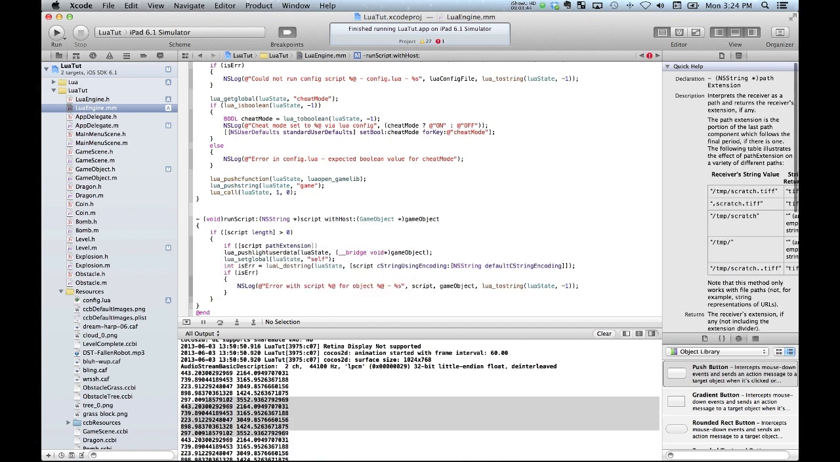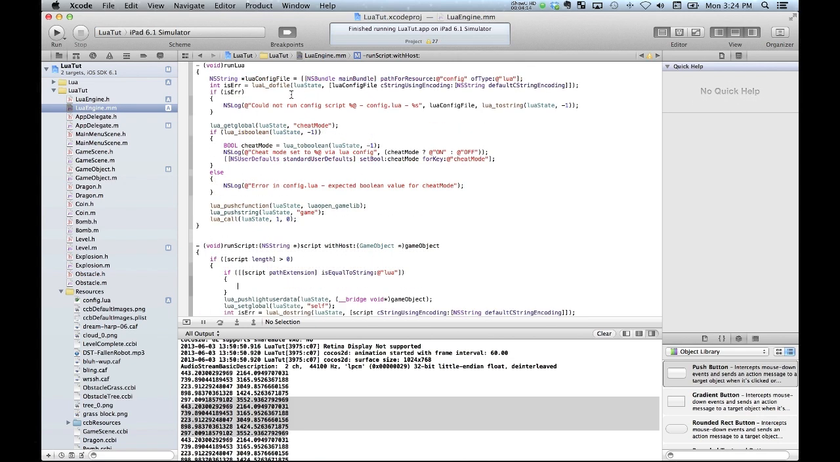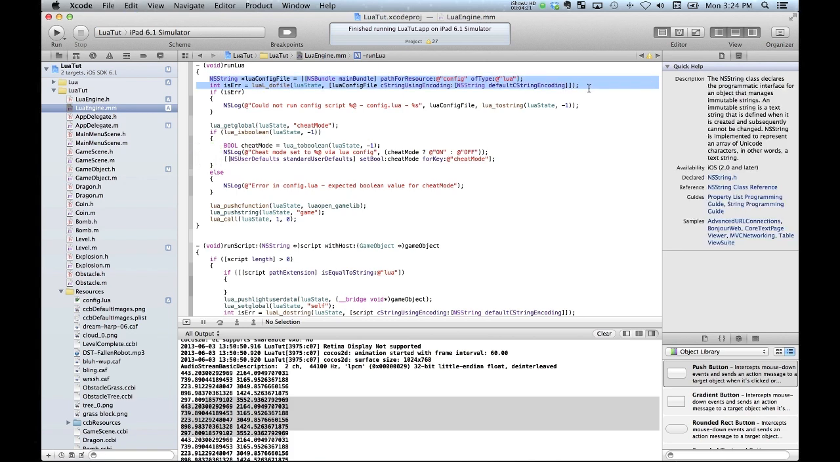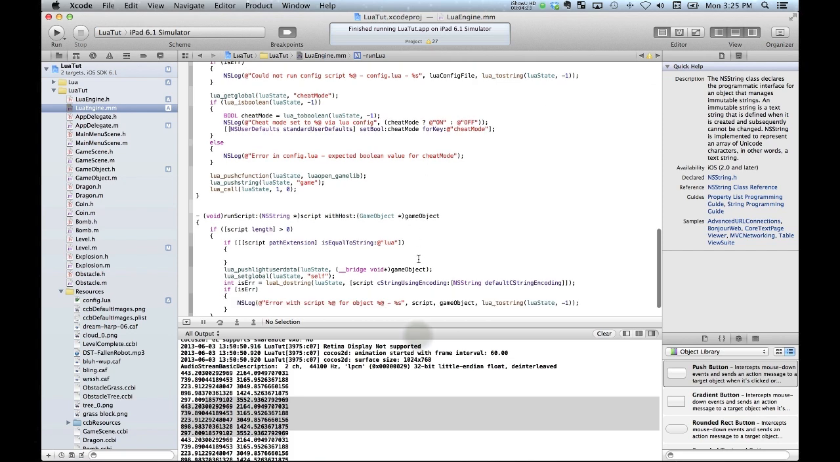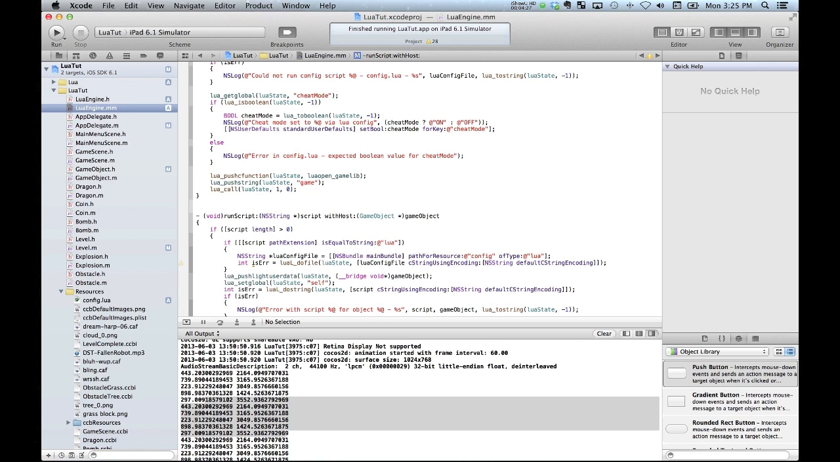If the path extension is equal to the string Lua, we'll pass it to a Lua do file instruction instead of our approach where we do the string. So